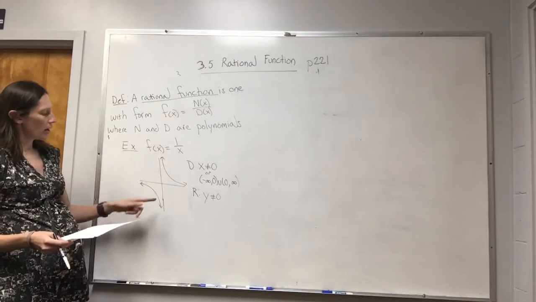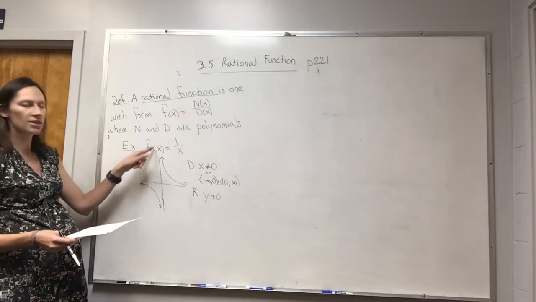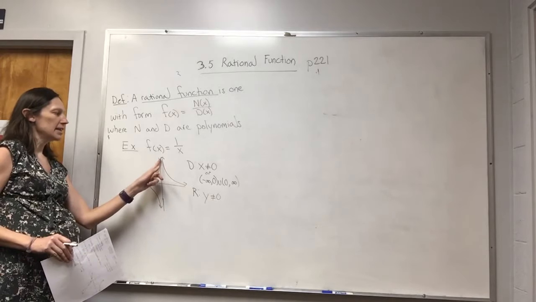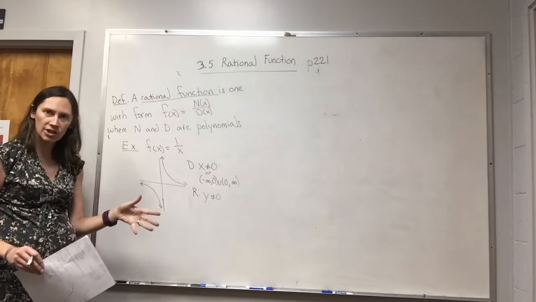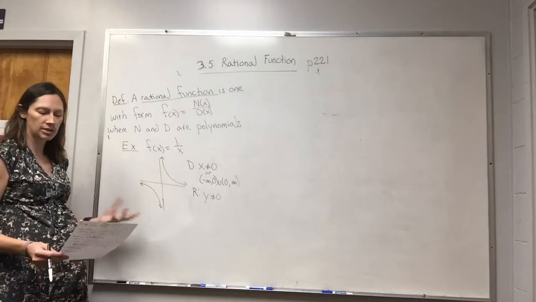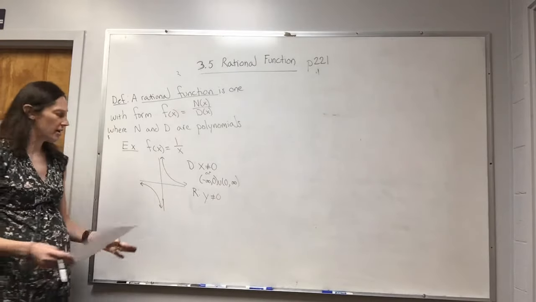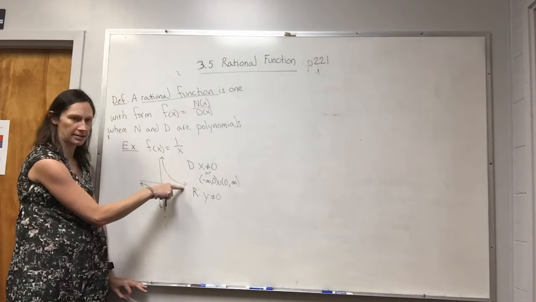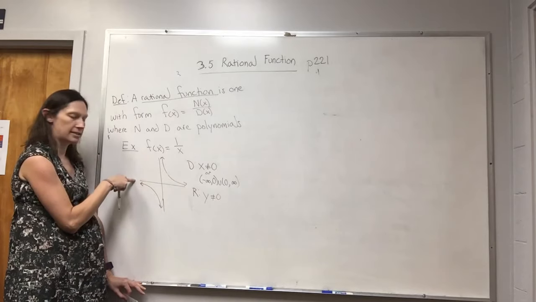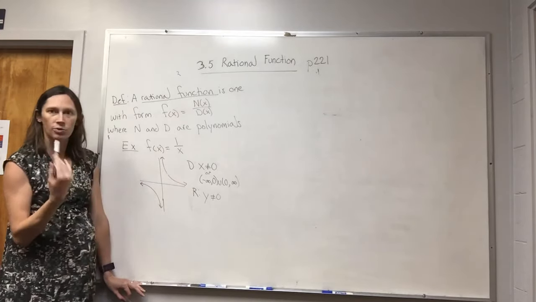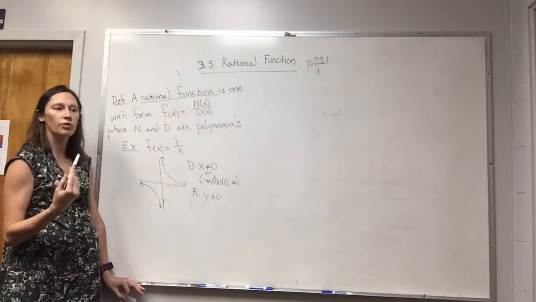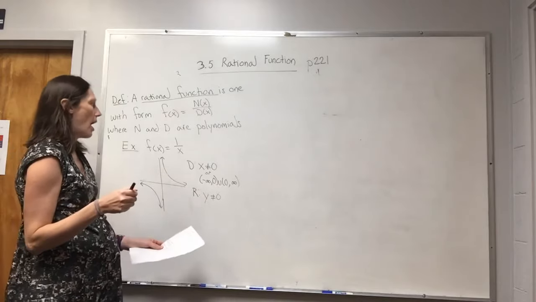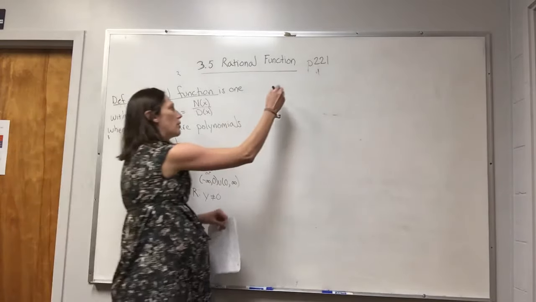Okay, so we have this idea, and we're going to talk a little bit about what's going on here. Why do we get this visual happening at 0? My graph is going to get really close to 0, but never actually touch it. And same thing down here, get really close to 0, never actually touch it. And we have similar things happening as we look at what's going to the right. We're getting really, really close to the x-axis, never touching it. Really, really close to the x-axis over here, never actually touching it. So we're approaching some sort of a limit or a line happening throughout. We're going to refine that idea a little bit more. Before we do, I want to look at another example